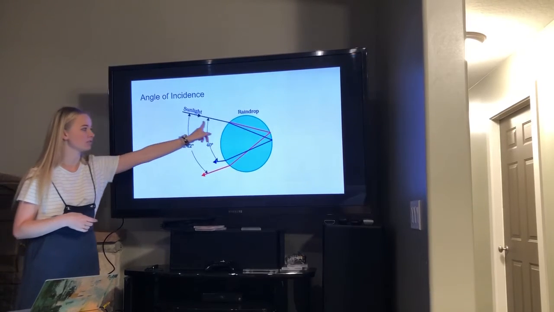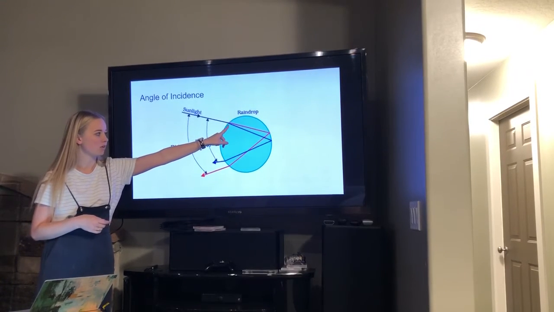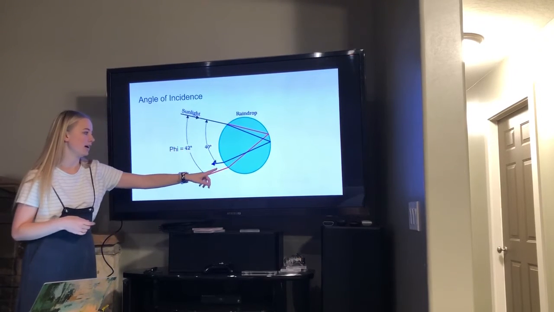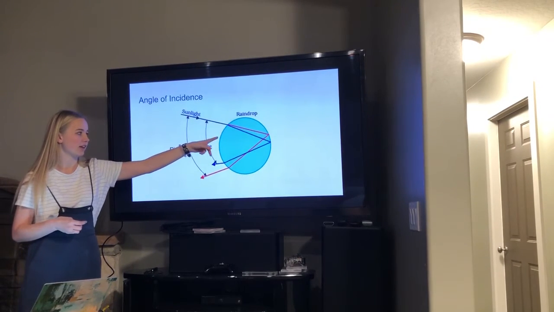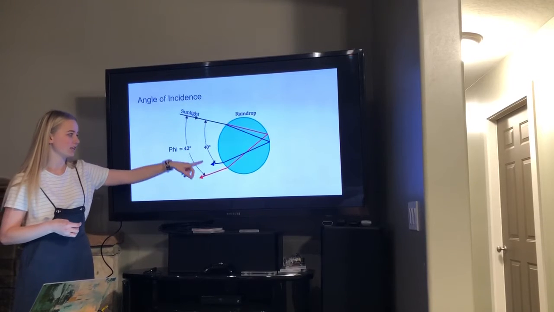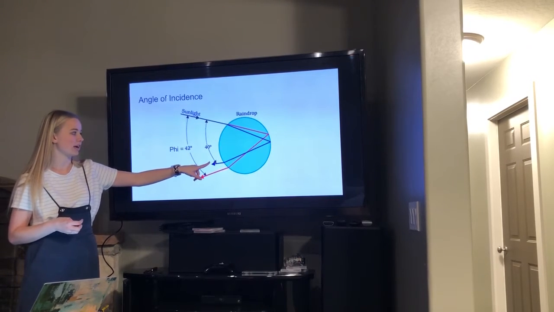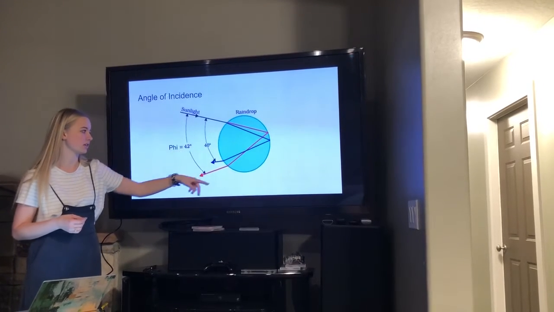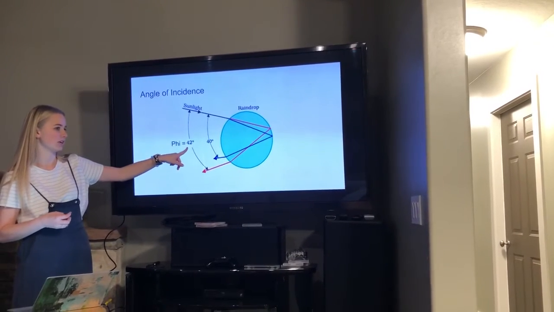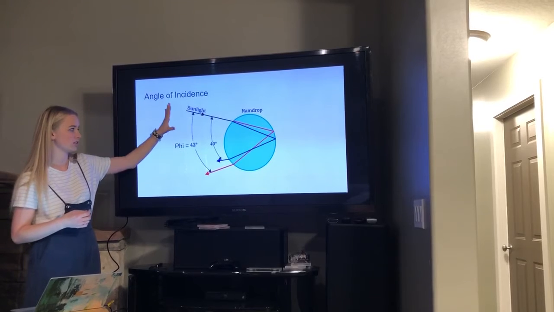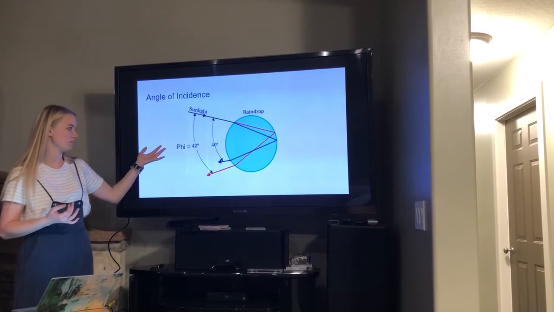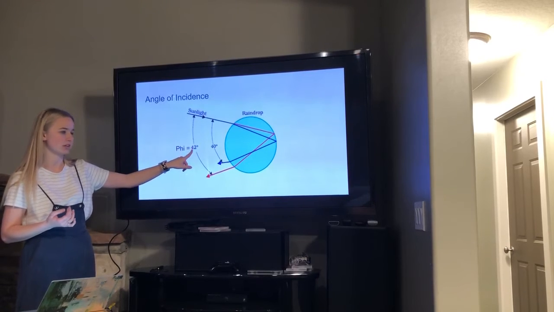When sunlight hits a raindrop, we talked about how it's going to go red on top and violet on bottom. Since the violet has a greater index of refraction, it's going to come out at a smaller angle at 40 degrees, and red is going to come out at a greater angle at 42 degrees. And this is always going to be true. This is always how wide a rainbow is going to be, at a 42 degree radius